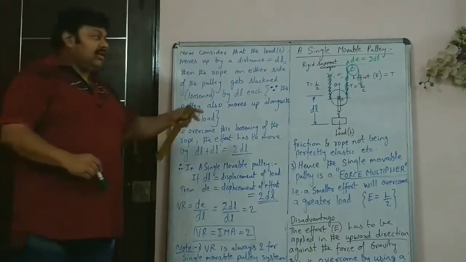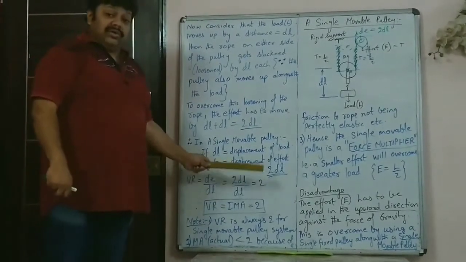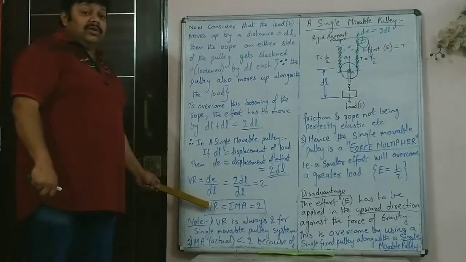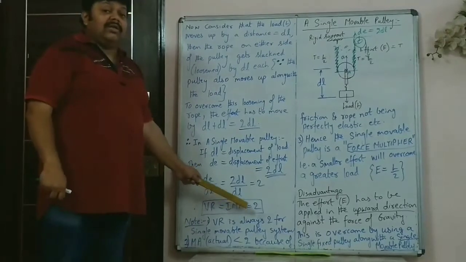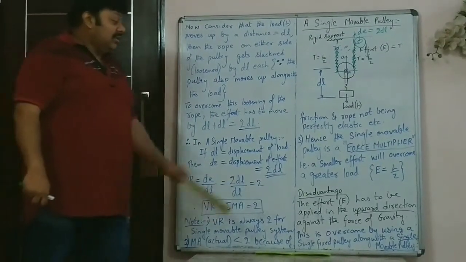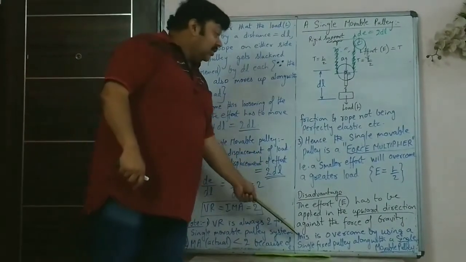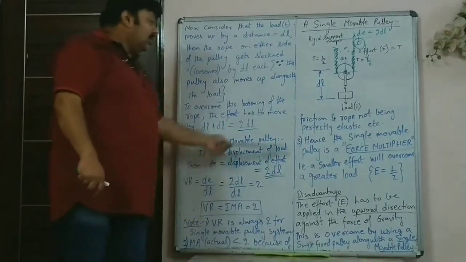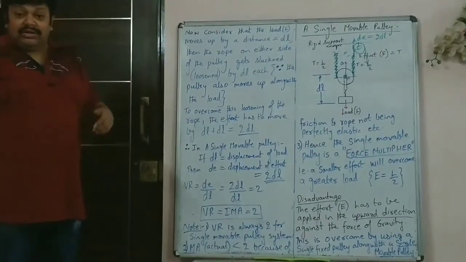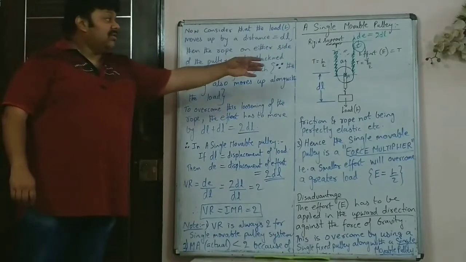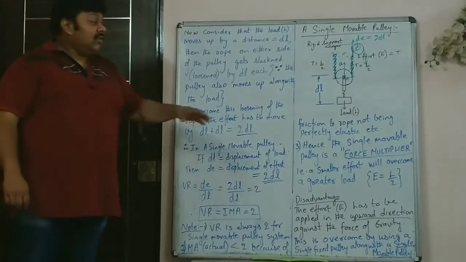So I will draw the diagram neatly in the next frame. So the diagram is important, this value is important, and what is VR? It is dE by dl. So you should know that dE by dl is 2 and load upon effort in the ideal case is 2. So that is what is important. Will all the derivation or anything be asked? All this no one will ask. Yes, the disadvantage is important. These 3 points you wrote in your note, that is important. The diagram with the ropes that you drew in the previous frame, that is important. This diagram won't be asked. This was just to explain how much dE moves by if the load moves by dl.